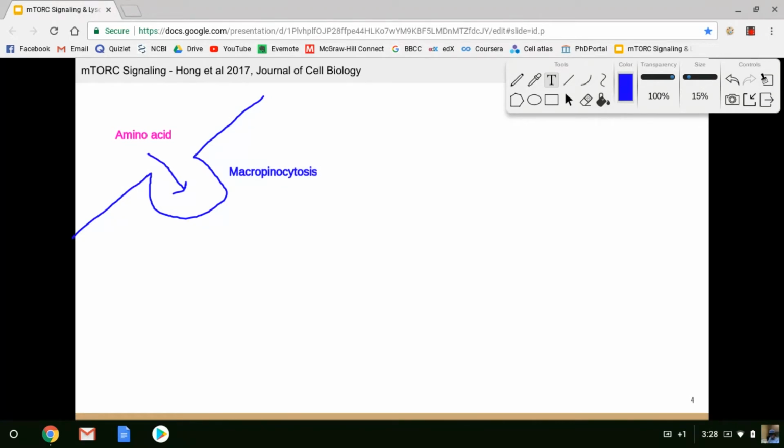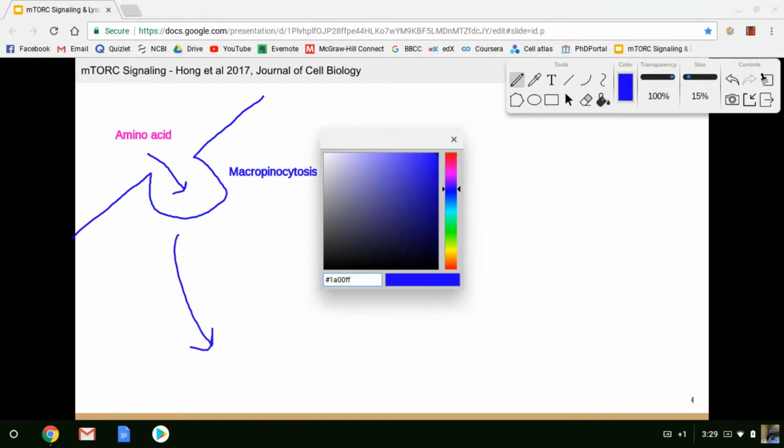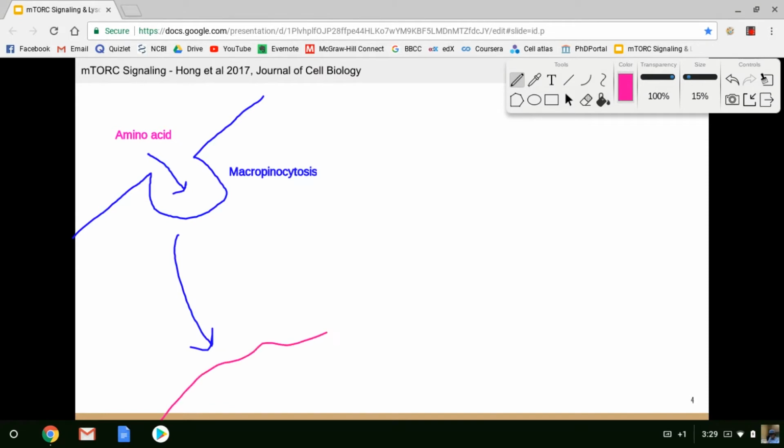Pinocytosis means water drinking in Latin, so it's literally the cell drinking the extracellular fluid. And these become vesicles, and the vesicles get delivered commonly to the lysosome. This will be our lysosome. And so when these amino acids get delivered to the lysosome, you now have lots of amino acids in here. You could also have amino acids perhaps from degrading cellular components. But whenever there's lots of amino acids around,